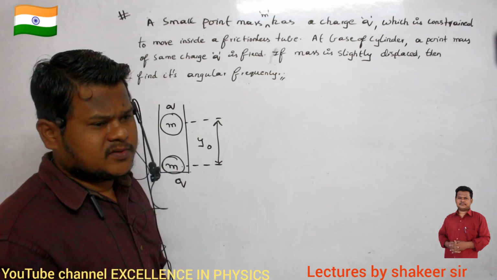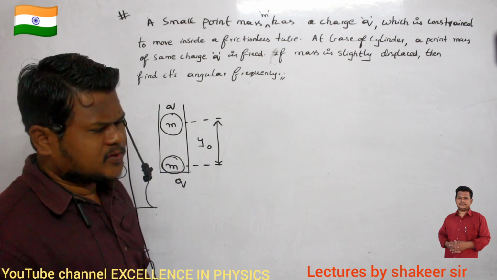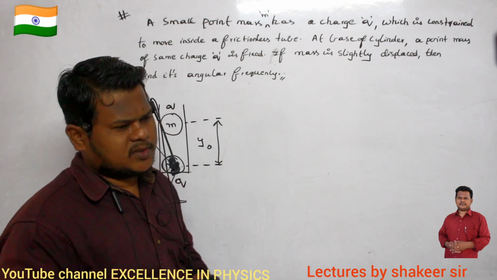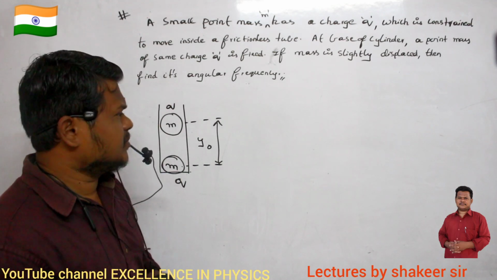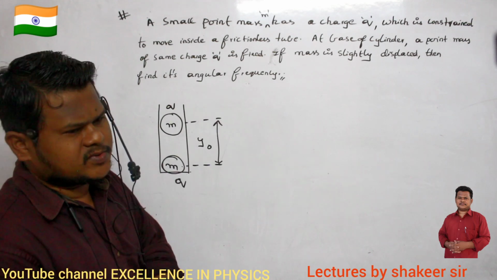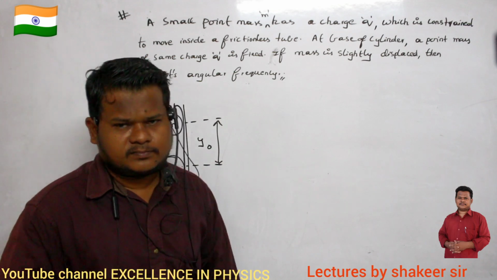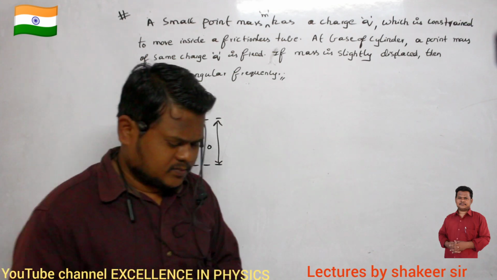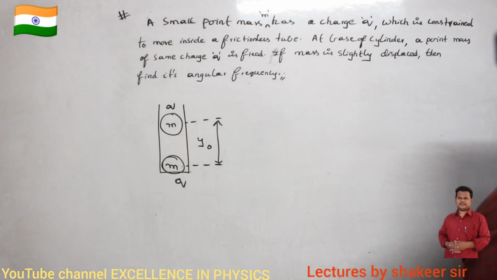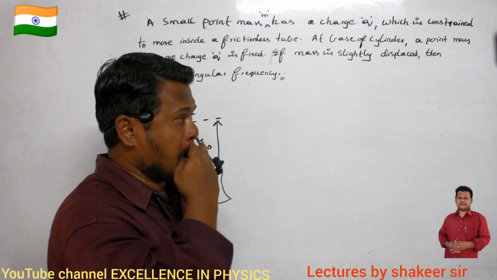If there is some restoring force which is pulling the body back to the mean position, then that kind of motion is called simple harmonic motion. That is what we have studied, no? Clear? So, what is its angular frequency that we are supposed to find out? Okay, come on, see how you can calculate. Okay, 1 or 2 minutes of time you can take and start thinking about this question.